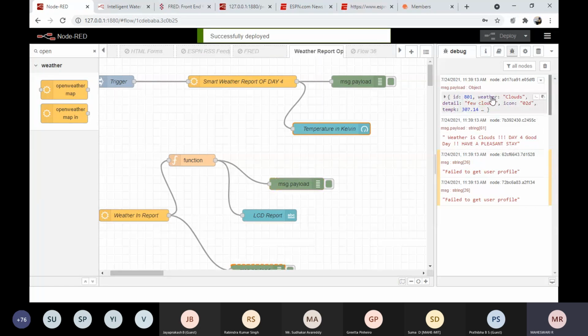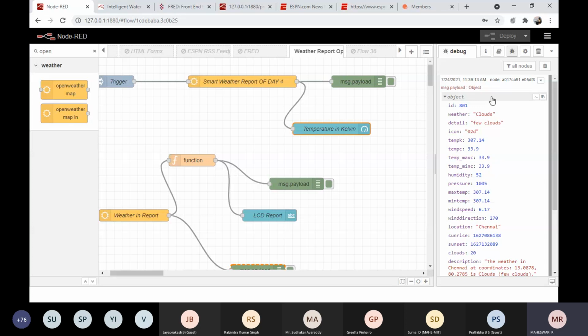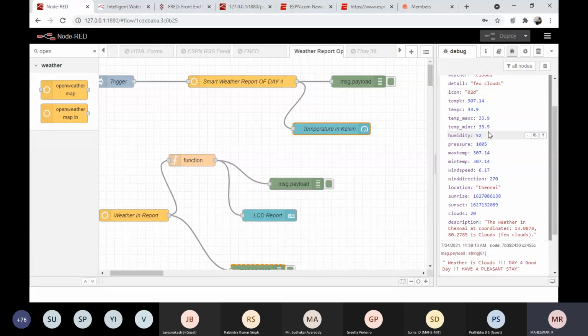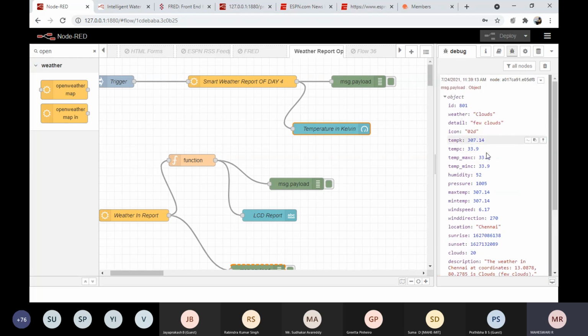See, this is the OpenWeather details available. You can click it here. So you can see these are the objects available: temp K, temperature in Kelvin, temperature in Celsius, temp C, temperature minimum, temperature maximum, humidity. These are the objects which have been associated with this weather map.